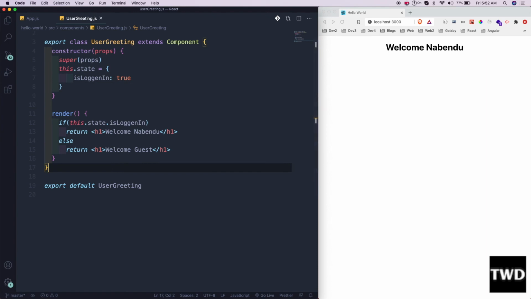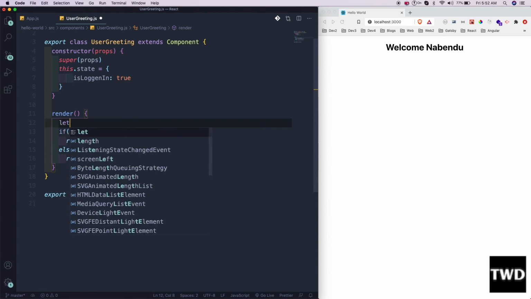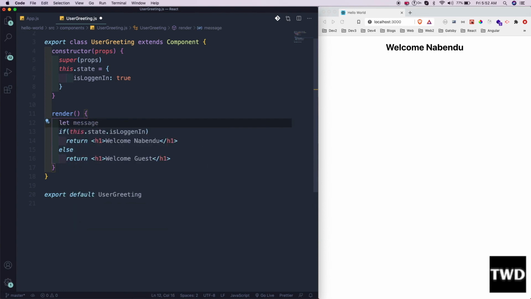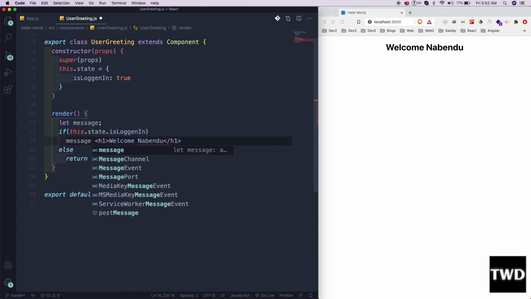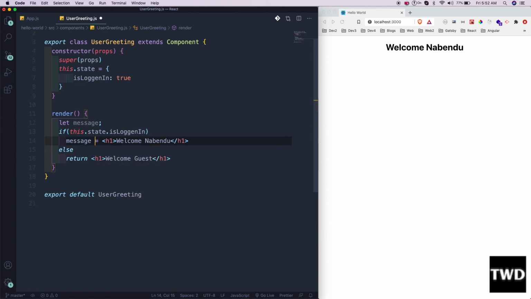Now we will look into the second way. The second way is to use an HTML element, one HTML variable we will use. So let me do that. Let message, a variable, be there, because it is not advisable to have multiple returns. So what I will have here, instead of return, I will have message equal to this. Message equal to this,